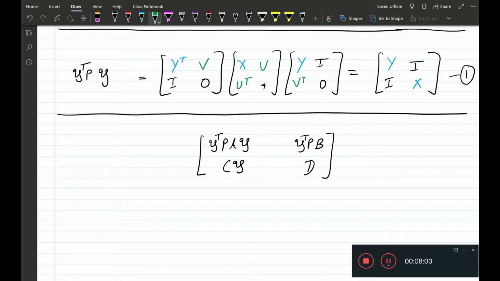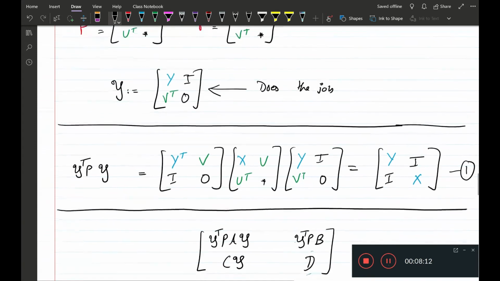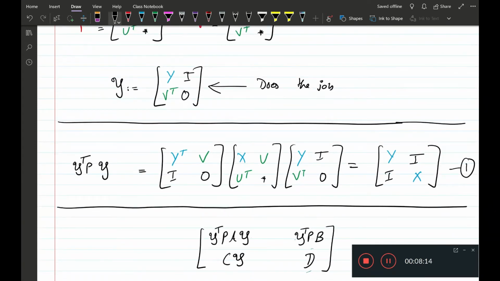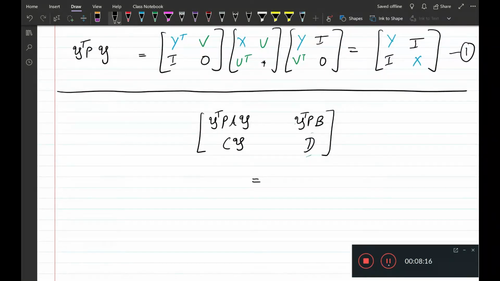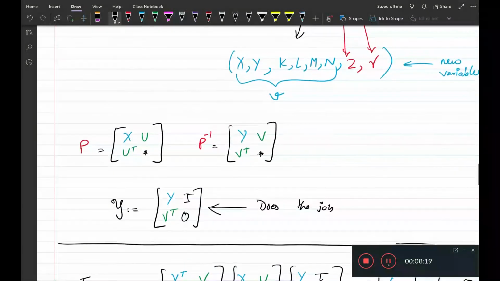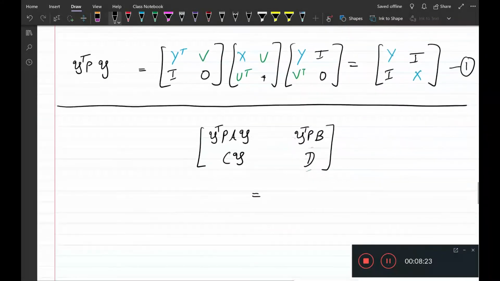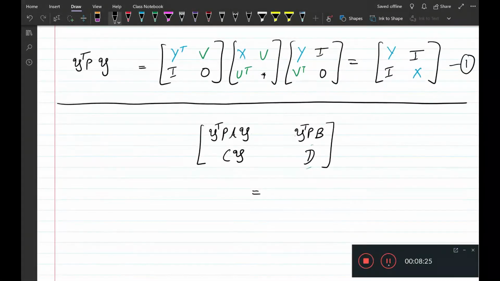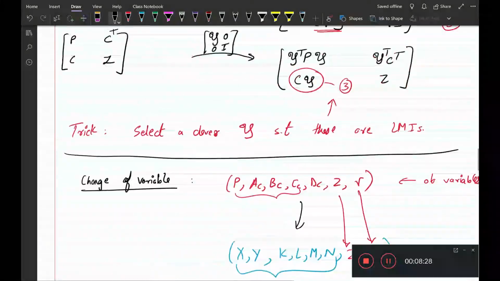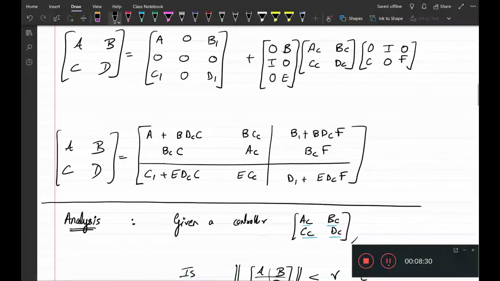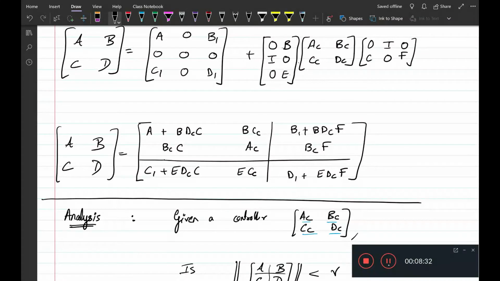So for now you can disregard the D. What is important is the 1 block, the 1 2 block, and the 2 1 block. Now with this choice of Y, which is here Y = [I V transpose; 0], and with the block structure of P, which is here [X U transpose; something we don't care about], and with A, B, C, and D that we found above, which are the closed loop matrices,